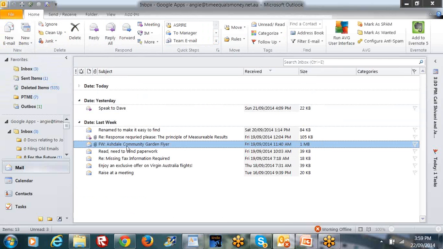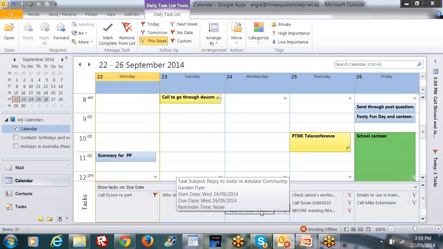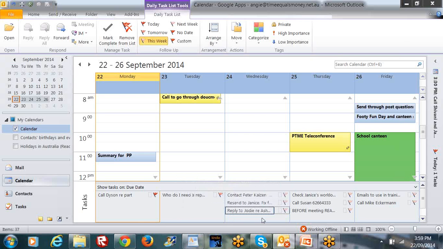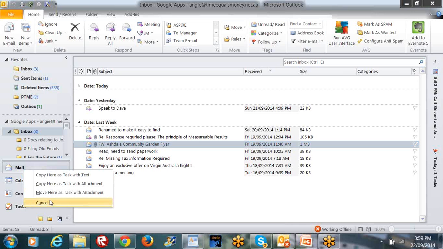My email is still in my inbox with my trusty attachment, and if I go to my calendar, I've made this task on Wednesday, haven't I? So there it is there. Reply to Jody regarding Ashdale. Can you see that? All right. So what I did then is I left clicked and dragged. Now I'm going to right click and drag to tasks, and as you can see,